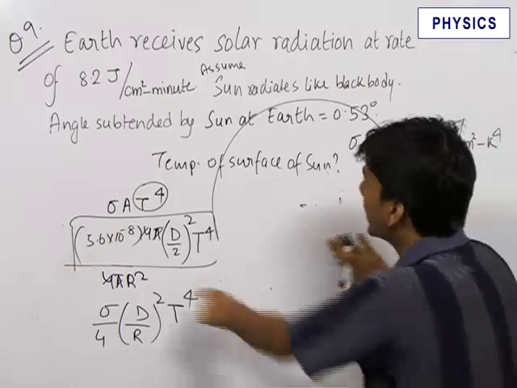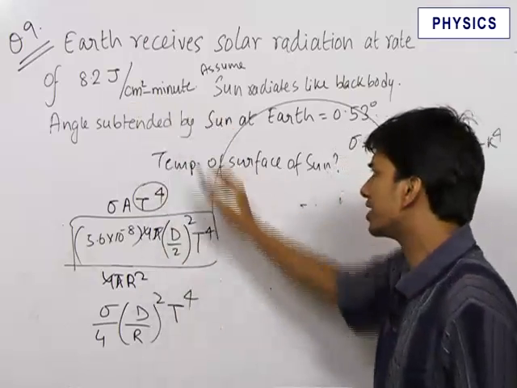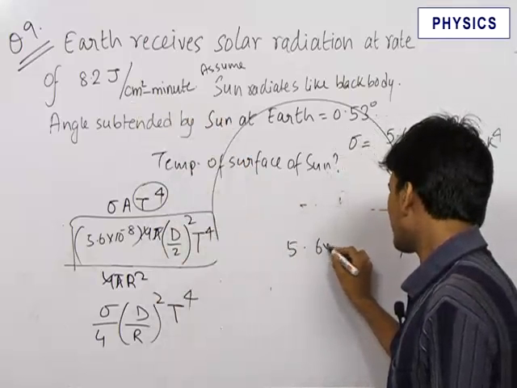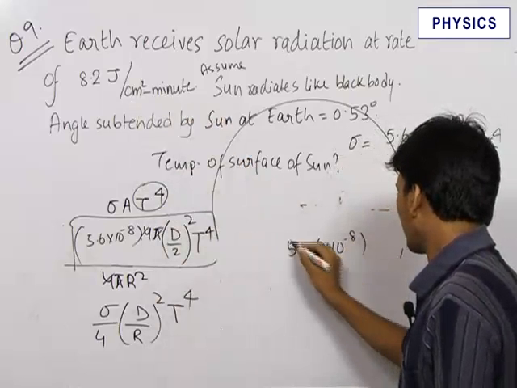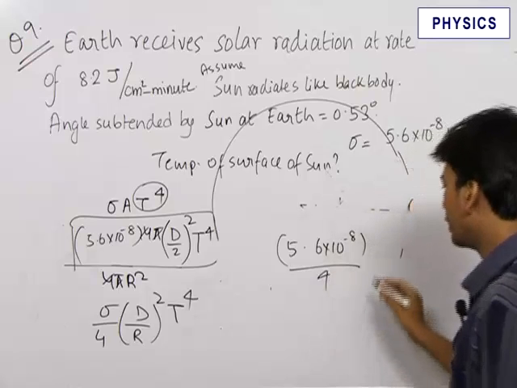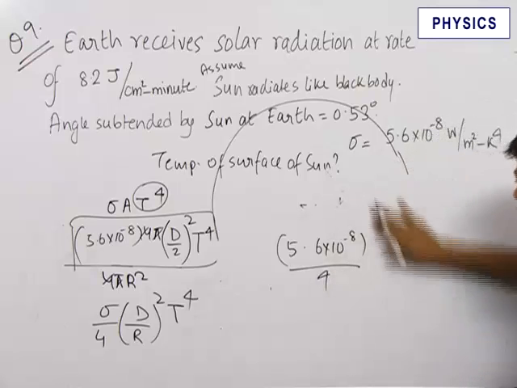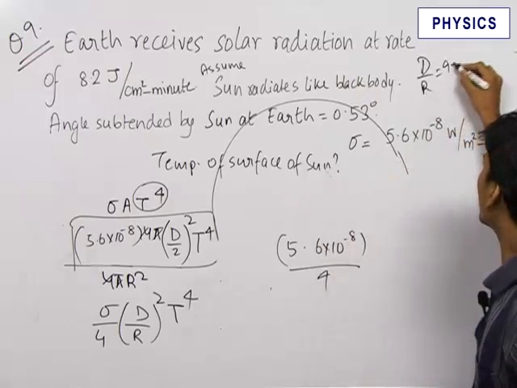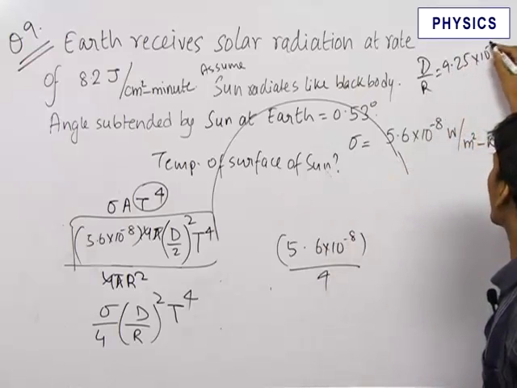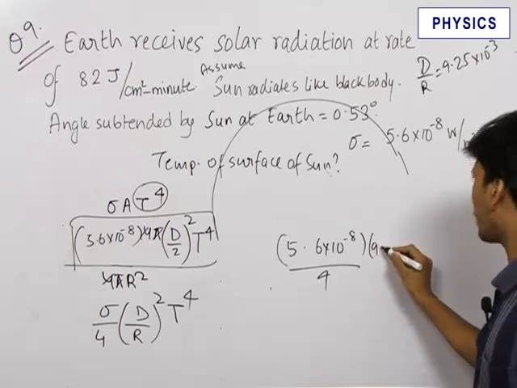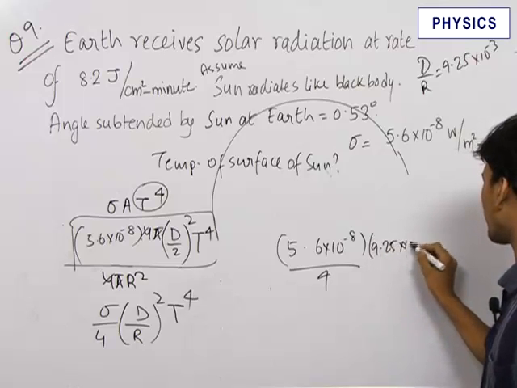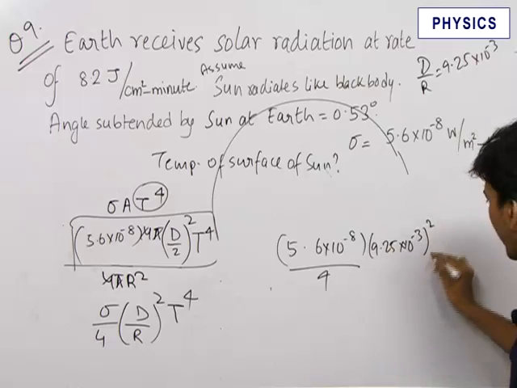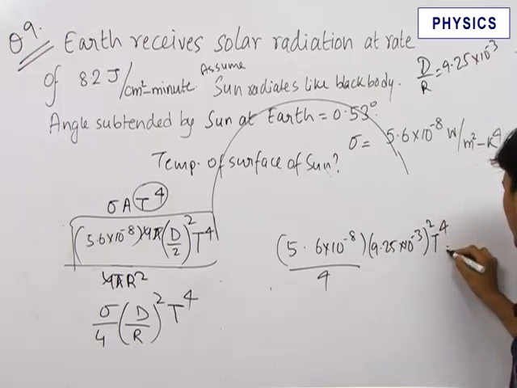Therefore we can equate this to be equal to 8.2 joules per centimeter square minute. Therefore the final answer becomes 5.6 into 10 raised to minus 8 upon 4 into d upon r. We already got the value of d upon r earlier. D upon r was 9.25 into 10 raised to minus 3. Therefore we write it over here, 9.25 into 10 raised to minus 3 whole square into T to the power 4 is equal to